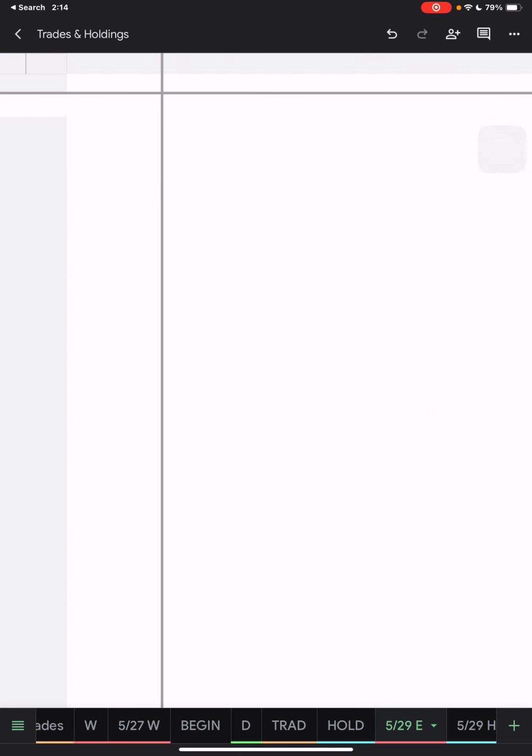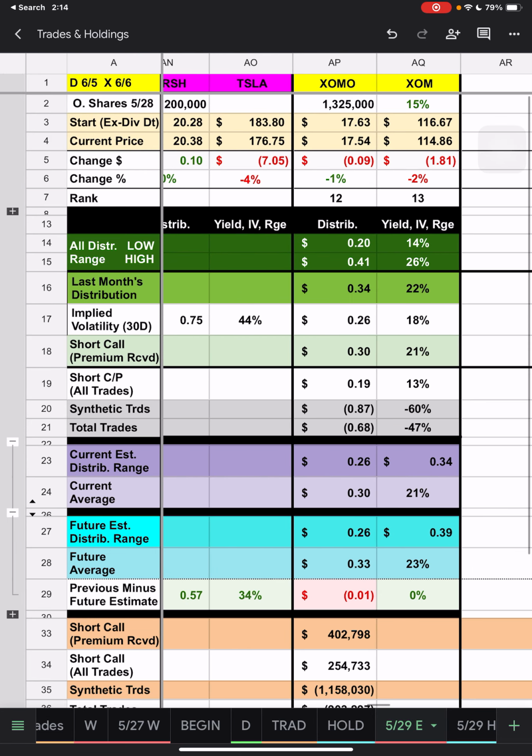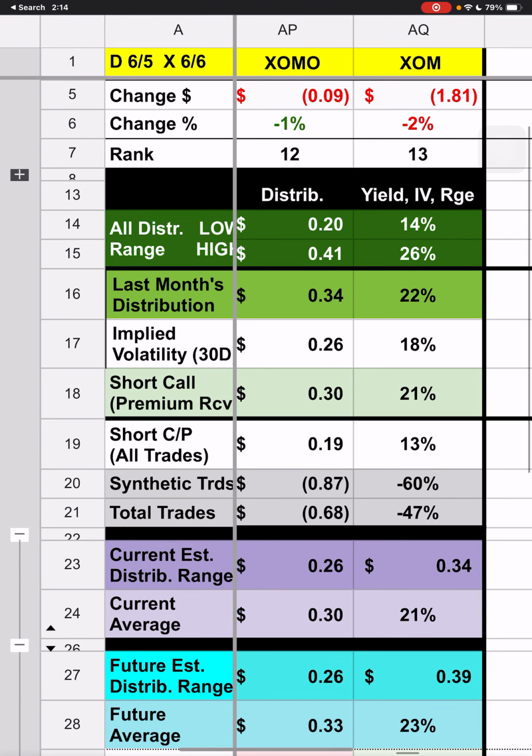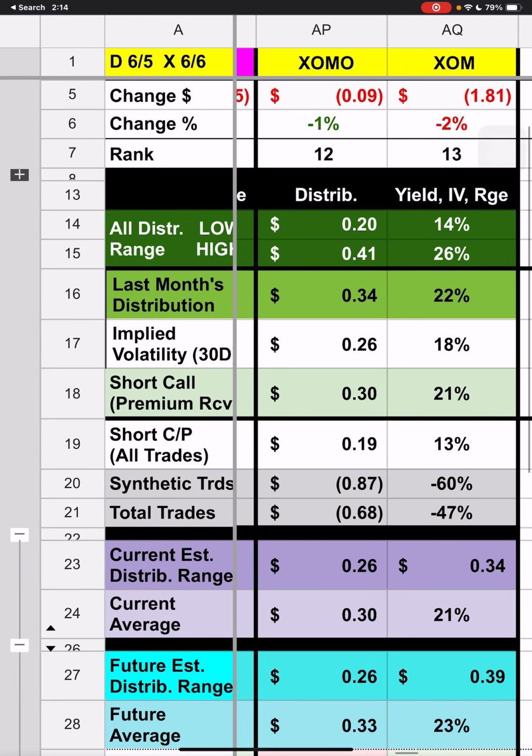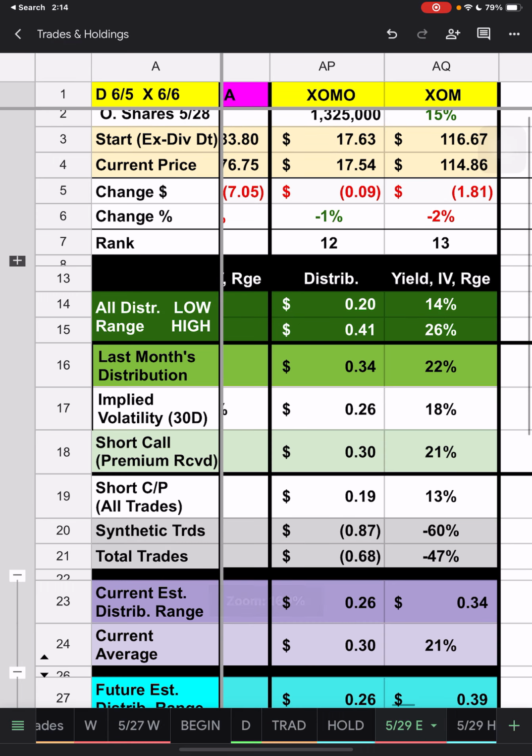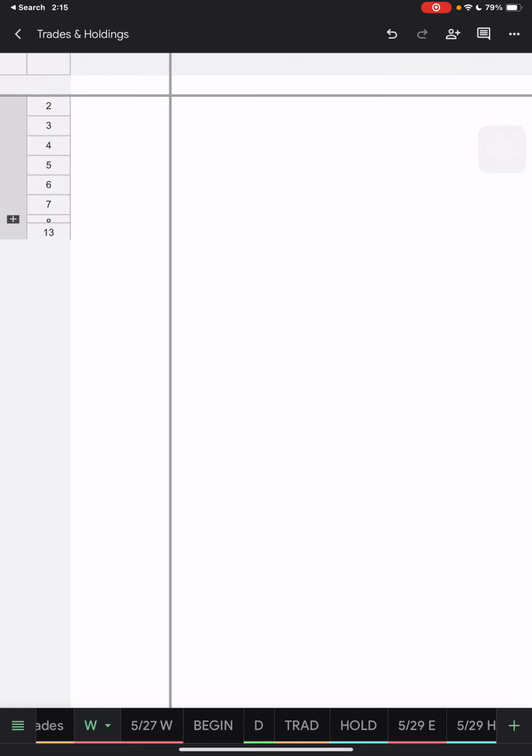All right, so let's keep moving on. The last one here we have is Zomo. So 26 to 39 with an average of 33. Yesterday it was 26 to 43 with an average of 34. If I think about it tomorrow, I might change this future estimate to only include Fridays. But of course, we did have some trades on some of these today, and they did bring in some premium. So that is some of the changes, but I'll check one last time.